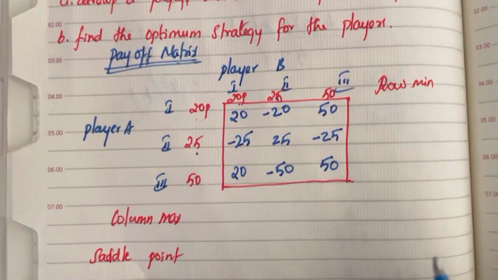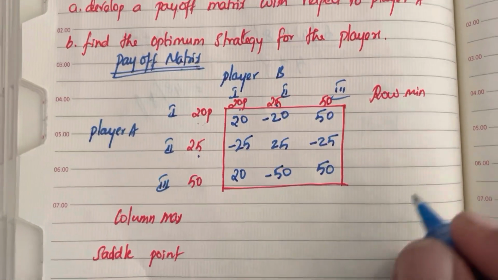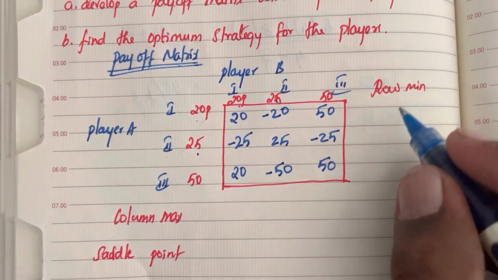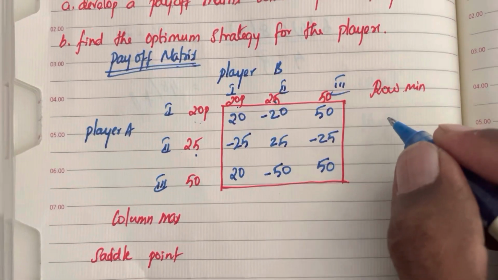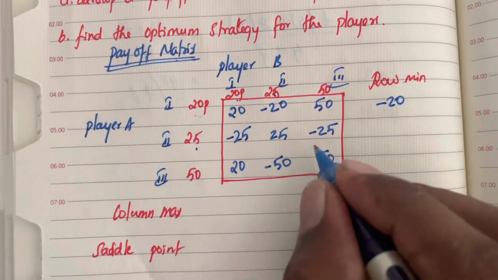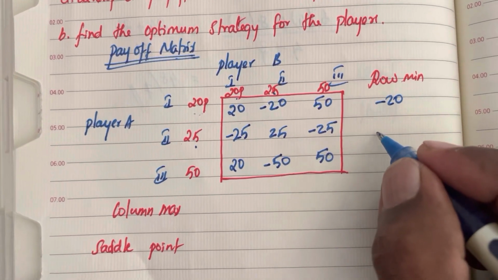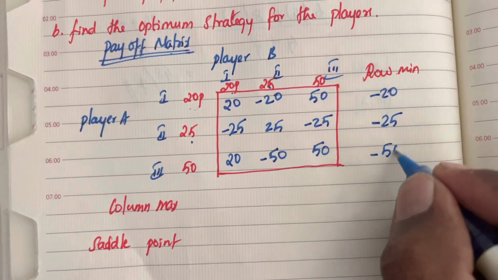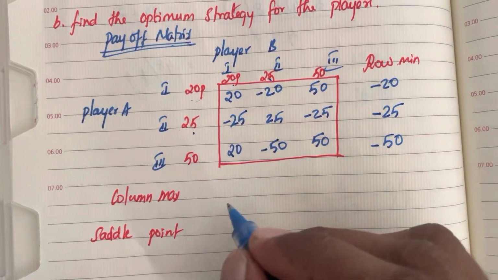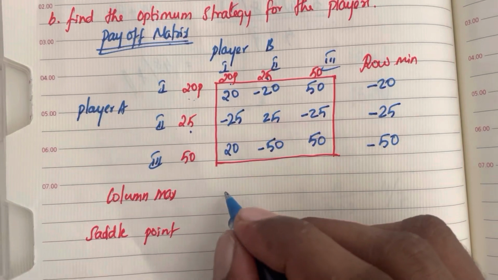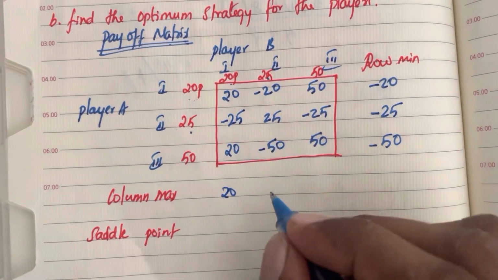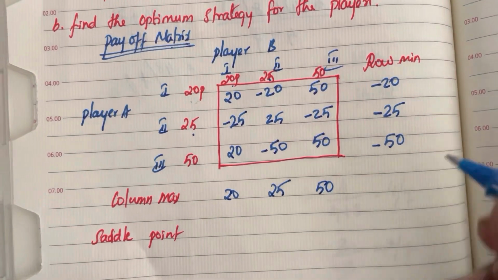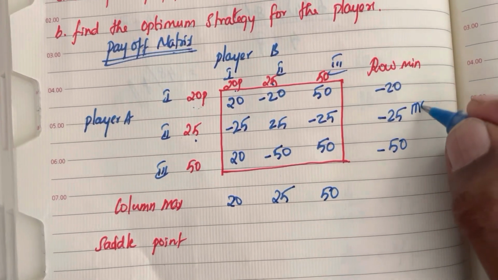So first we have to check whether we have a saddle point or not. Okay, so first for the saddle point, you have to find out the row minimum. So the row minimum is minus 20. Here the minimum is minus 25. Here the minimum is minus 50. In column max we have to find out the column max. It is 20 here, it is 25, and here it is 50. So in this you have to find out the